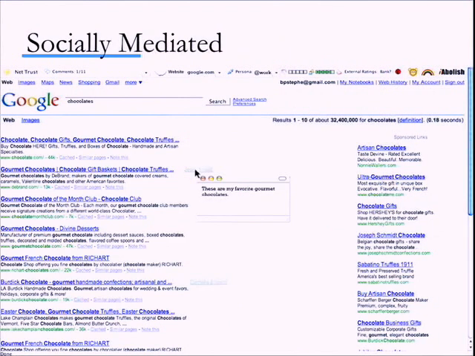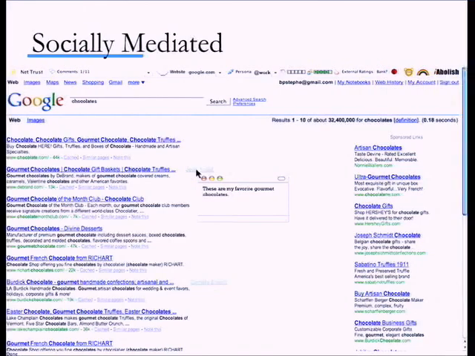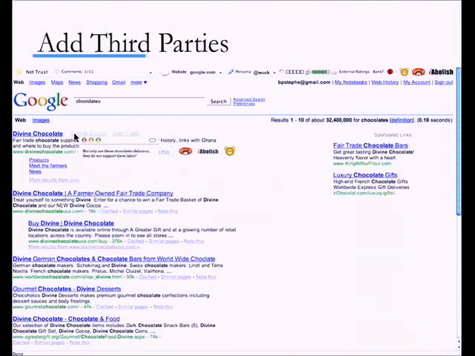Now, if we go to the socially mediated searching and we actually filter all of our searches through the browser toolbar, then we can see that Gene really likes the brand chocolate. So I know that if I need to order chocolates for Gene, I can just go ahead and click on that brand chocolate because I already socially mediated the search. So I know that Gene likes those chocolates. It makes it very easy for me to order those chocolates for Gene, as opposed to trying to find chocolates for Gene.